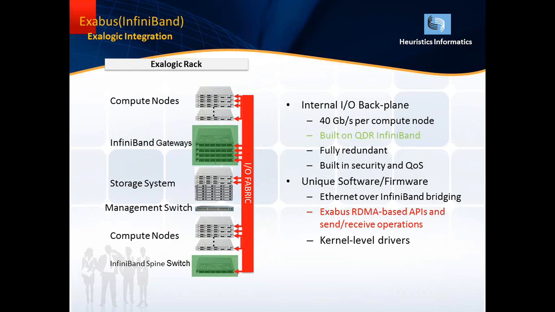Now, how are we integrating all these components? We are integrating all these components with the help of this IO fabric. This is the architectural feature of Elastic Cloud. This IO fabric integrates all the components of Elastic Cloud and provides reliability, scalability, and performance. With the help of this IO fabric only, we are achieving scalability, performance, and reliability.